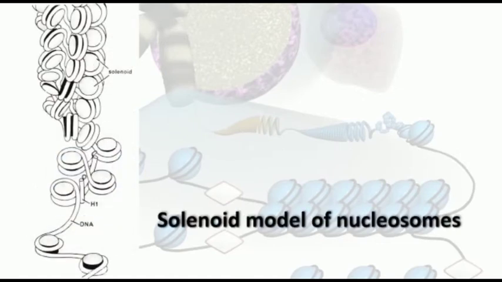More recent electron microscopy images have been able to define the dimensions of solenoid structures and identified it as a left-handed helix. The structure of solenoids is insensitive to changes in the length of the linker DNA. This model is based on the zigzag pattern of nucleosomes formed upon H1 addition. This is the image of a solenoid model of nucleosomes. You can see there a zigzag formation of nucleosome.